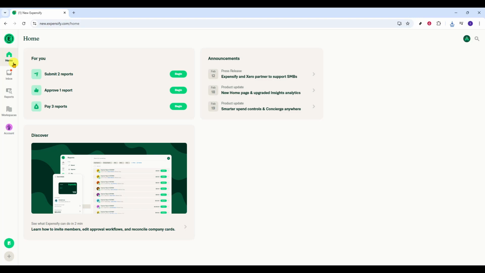Hi guys, in this video, I'm going to teach you how to add users in Expensify. By the end, you'll know exactly how to invite teammates to your workspace so they can start submitting expenses and following your company's policy. A quick note before we begin, you'll need to be a workspace admin or have permission to manage members. If something doesn't look the same on your screen, that's usually a permissions issue or a collapsed